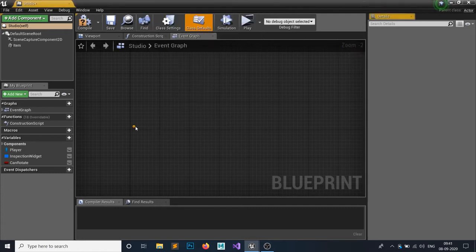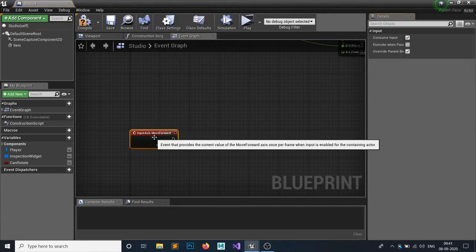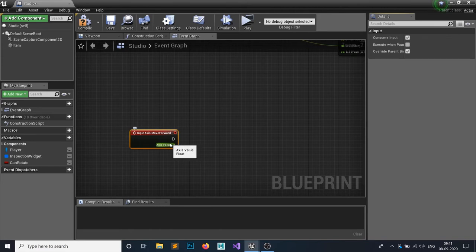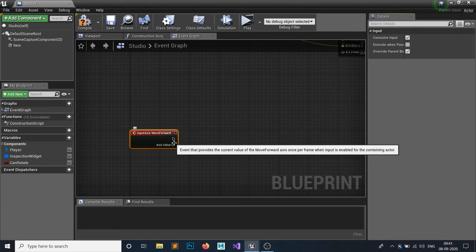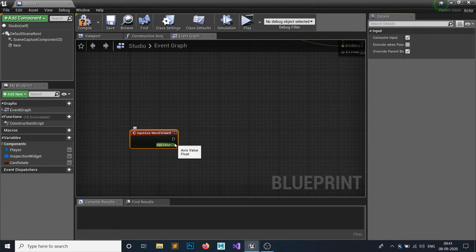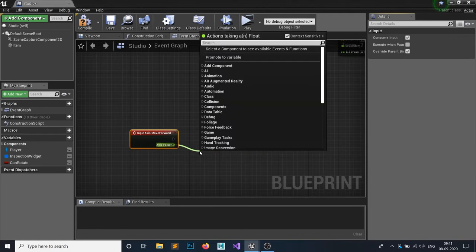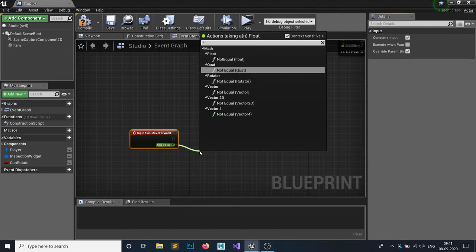What is our move forward axis event? It is the W and S key. If our axis value is from -1 to 0, then it indicates that we have pressed the S key, and if its value is 0 to 1, then it indicates that we have pressed the W key. Same for the A and D keys also. Let's check if it's not equal to 0.